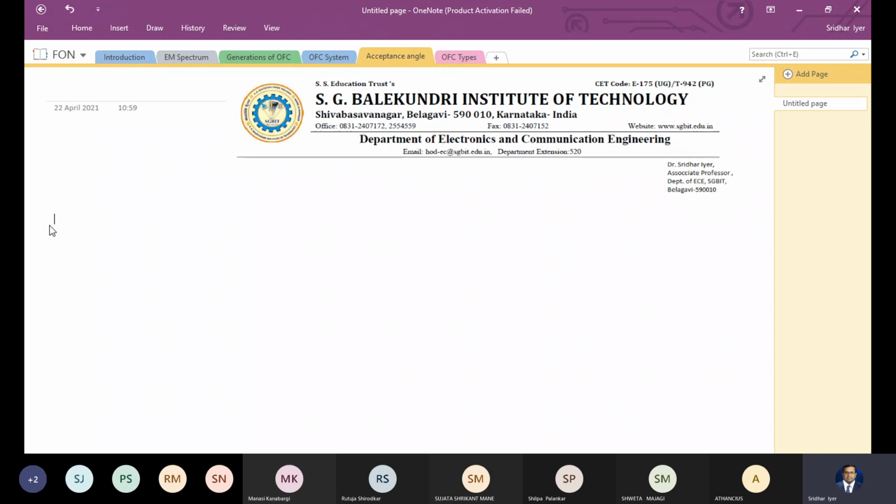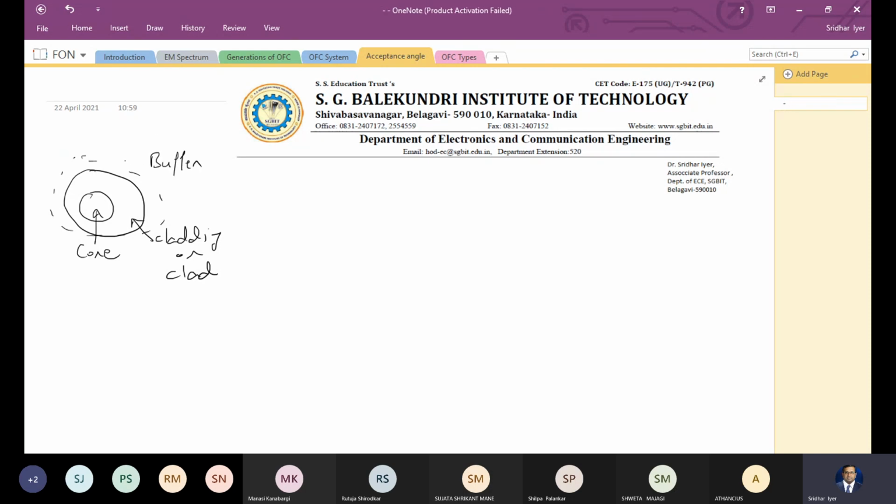Then we moved on to the basics of optical law, or the theory through which light is going to propagate inside a fiber, and we saw that a fiber consists of two parts. The inside part is known as the core and the outside is known as the cladding, or just the clad. And then additionally you may also have a buffer or a jacket, right? So this is something that we saw. You can also view this from the side, and from the side the fiber will look like that, right? So it's more like a wire or a rubber band, if you want to say it like that.